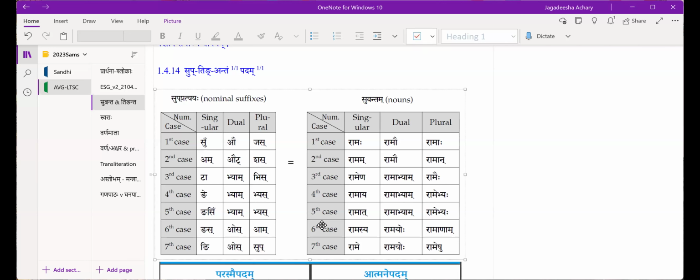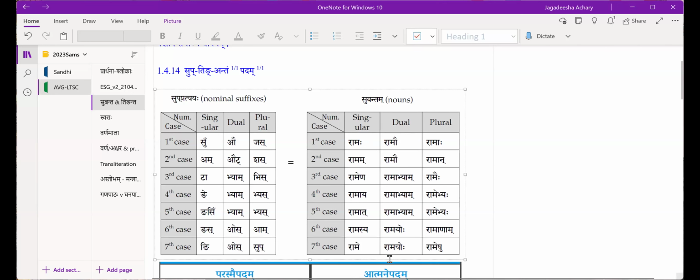Mahodaya, quick question. Are you talking about the table to the right or also the table to the left? The table to the right. The table to the left, if you can relate the table on the right to where it comes from, it is okay, but we are going to study that in book 1. Right now, looking at the endings, if you can relate them to the case and vachana, that's all we need for understanding the sutras. Okay, thank you.